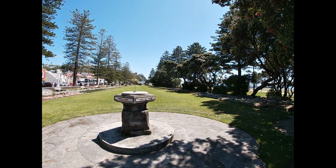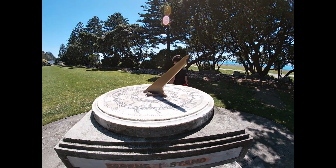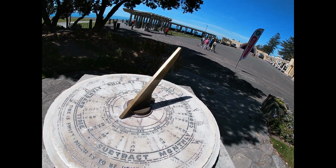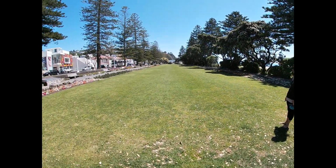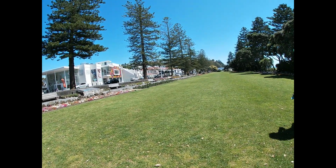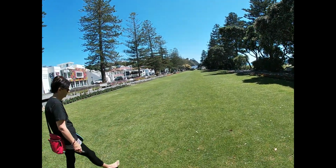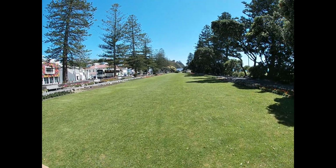So here we have an interesting little sundial. There's not many of those left in the world. And I'm not even going to try and tell the time, but it works. Now this area here, this garden area, is one of my favourite places to go. We both like to ditch our jandals and just walk on the grass, and for a change there's no prickles, it's just nice grass